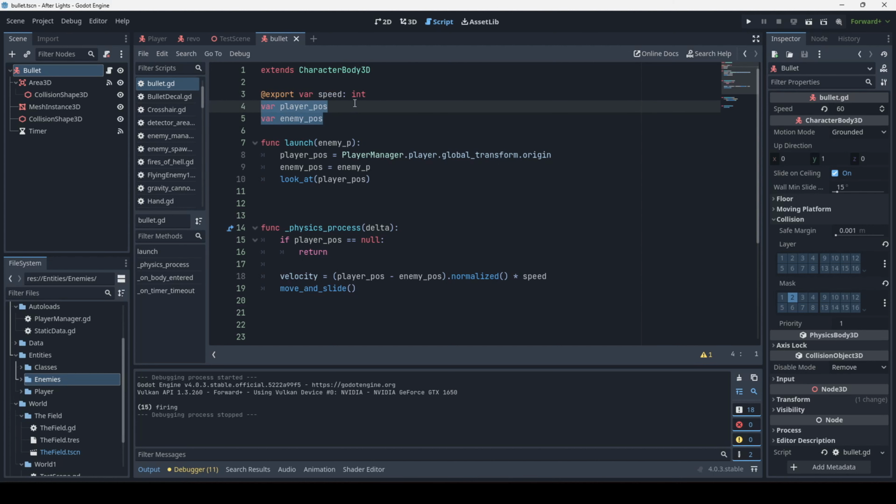Then we have 2 variables that are undefined, and they'll be set later in this function launch. And the way these bullets work is they get the position of the player when they're shot, right? Because we don't want homing bullets. Okay, so when they're shot, we pass an enemy position, and we set the player position to our autoload's player.global_transform.origin,